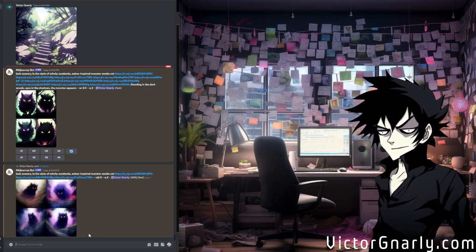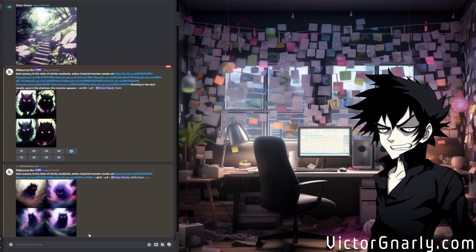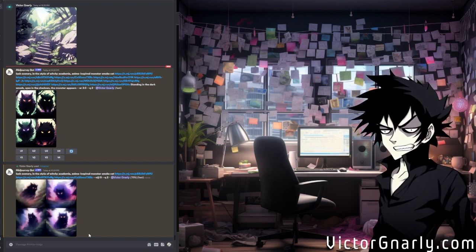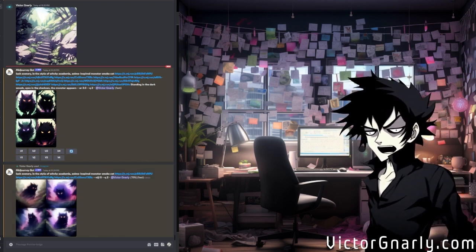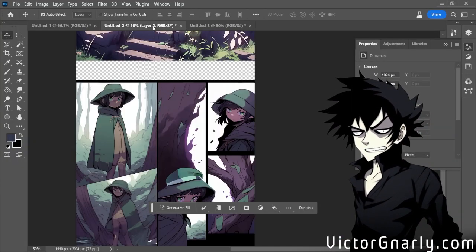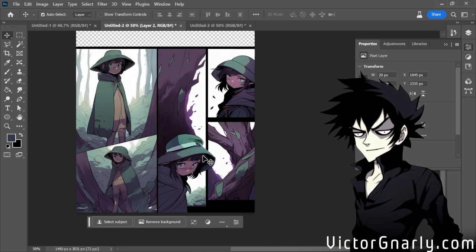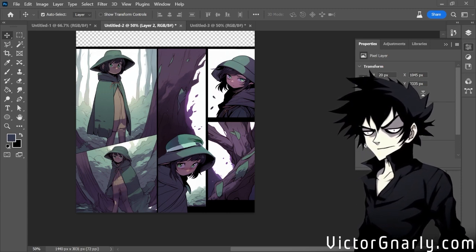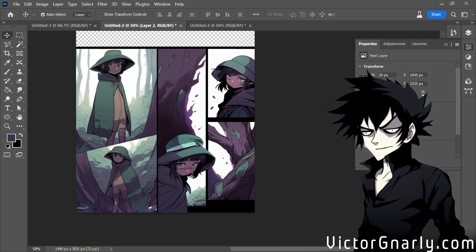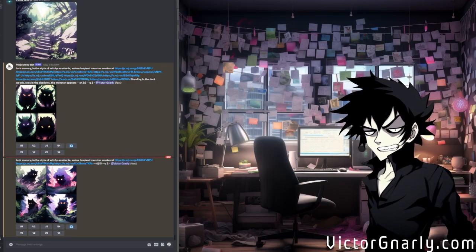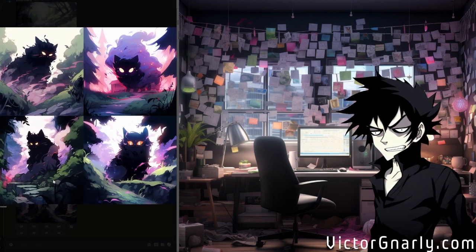I think this is gonna work. Aesthetic plate, it's honestly a great solution for a lot of this stuff. In fact, I think this is gonna work if I hop back over to Photoshop here. For the panel at the bottom where the cat's looking down, one of the ones we just generated might work well for that. So let's hop over to Discord and take a look.